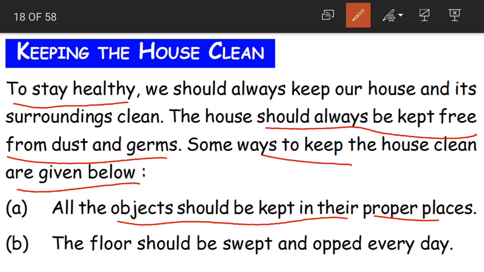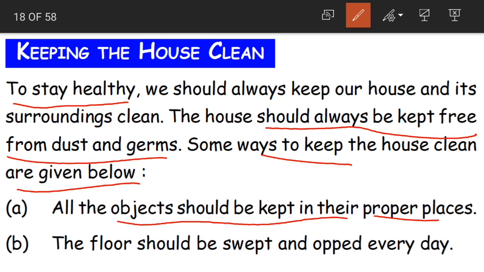Children, all the objects, like the kitchen is meant for utensils, vessels and all that, so they must be in that room. Whatever clothes there are, for example wet towels, after we take our bath and come out of the bathroom, we'll wipe with the towels.